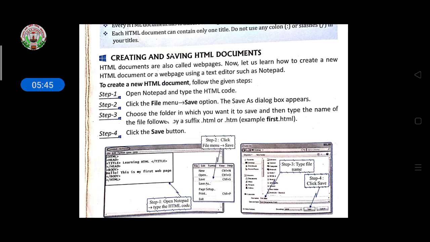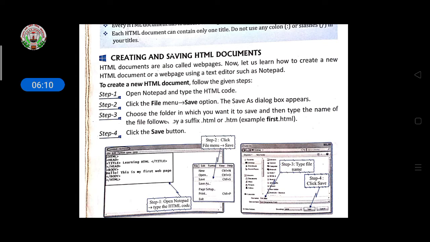There you have to write your file name, whichever name you want to give. And listen, this is the most important thing. After giving a file name, suppose ABC is the file name, you have to give the extension of HTML.